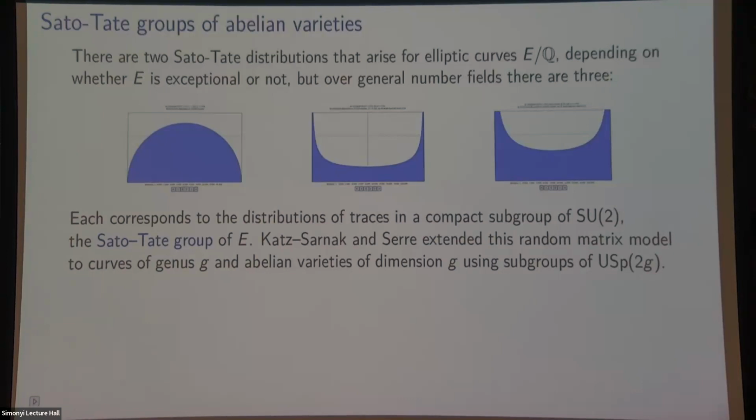But they famously extended this model to higher genus. In general, one expects for a generic abelian variety of dimension g, the Sato-Tate group should be USp(2g). One can consider both horizontal and vertical aspects of this Sato-Tate distribution. Instead of fixing a curve or an abelian variety and varying p, you could fix p, or your favorite prime power q, and then vary over abelian varieties over that finite field, and you would expect to see the exact same distribution. Okay. So roughly speaking, in the large, we know exactly how Frobenius traces should be distributed, provided we can identify the Sato-Tate group.